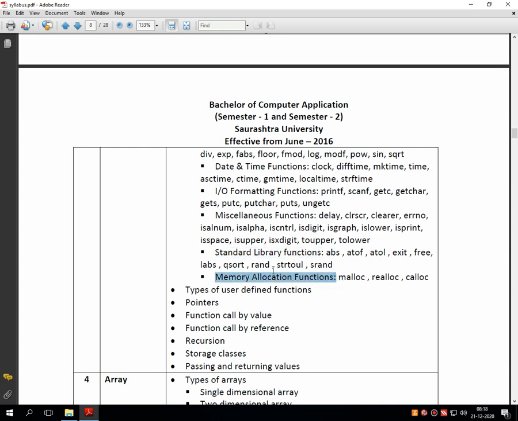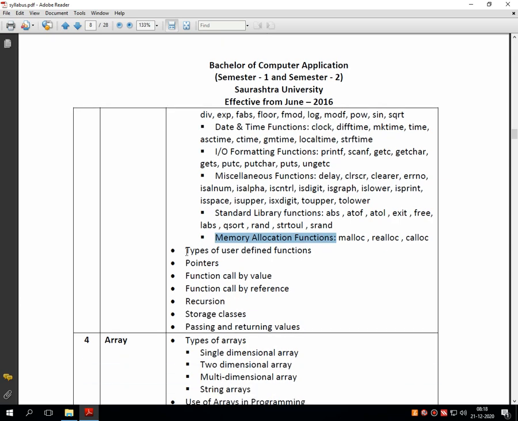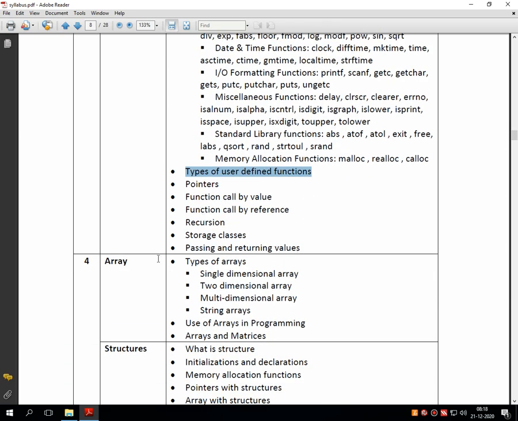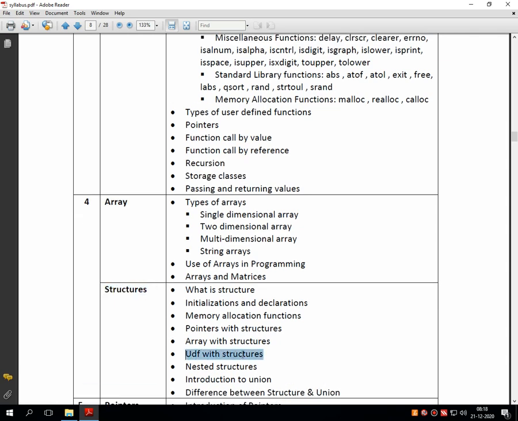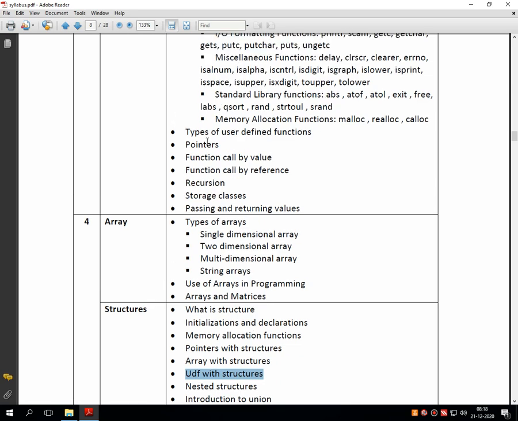These are the library functions which we have to discuss. Then types of user defined function, if you remember, this concept is already covered when we were discussing UDF with structure. So this is already completed.